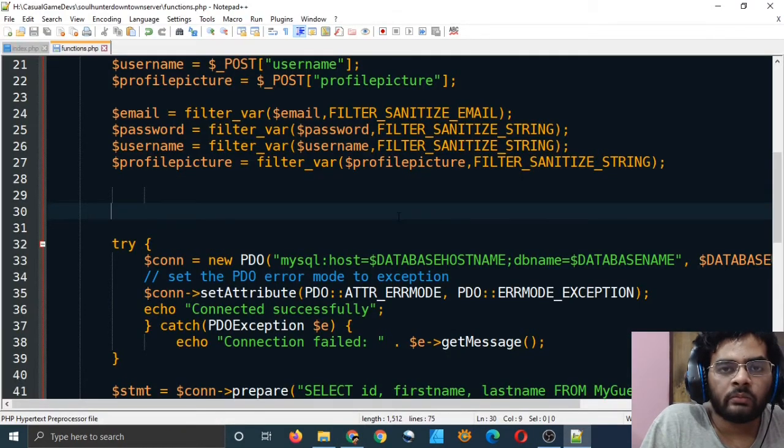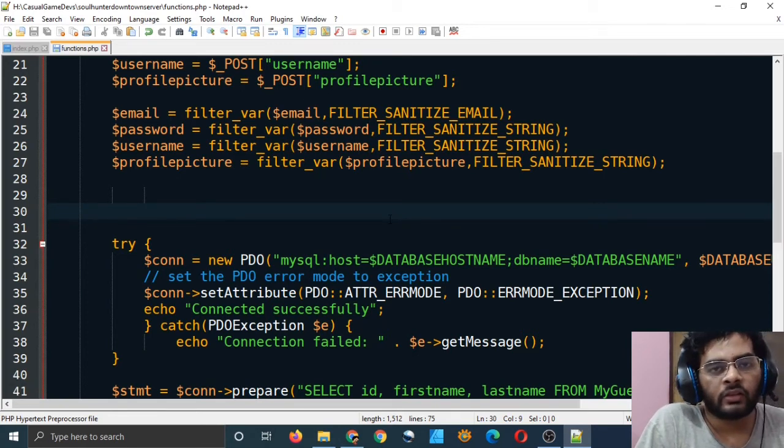For a game, it's okay to store it in plain text, because this is just a casual game.